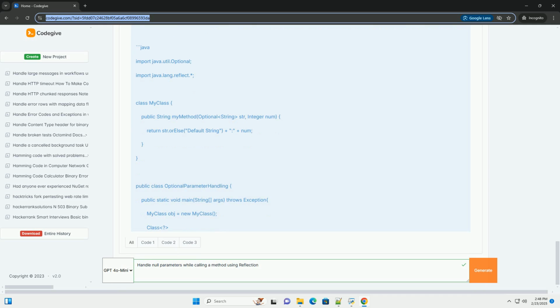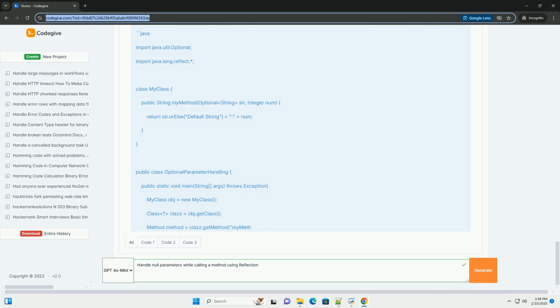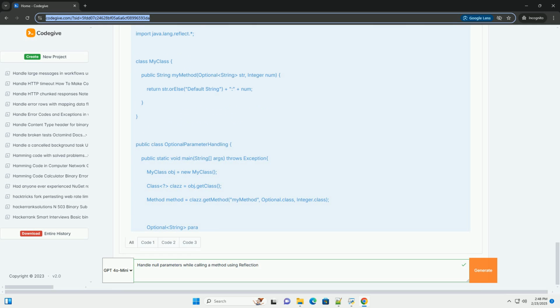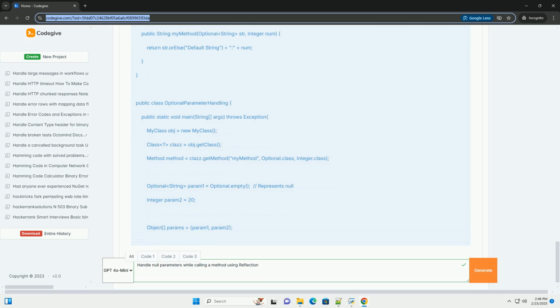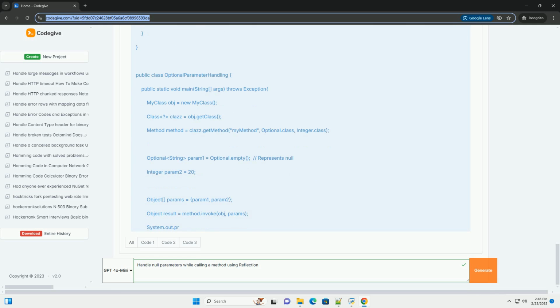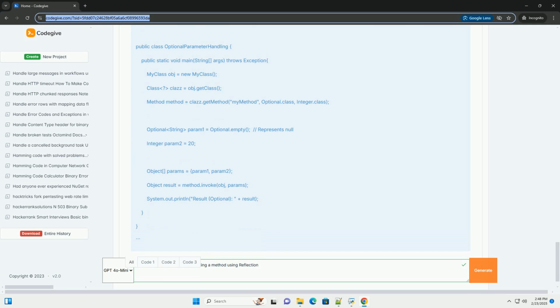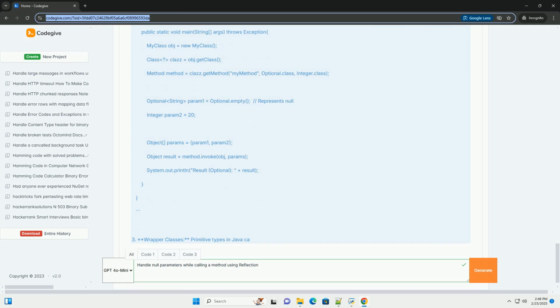Strategies for handling null parameters. 1. Explicit null checks before invocation. The simplest and safest approach is to check for null values before calling method.invoke. 2. Using optional parameters, Java 8+. If you have control over the method's signature, using java.util.Optional can improve the design and make null handling more